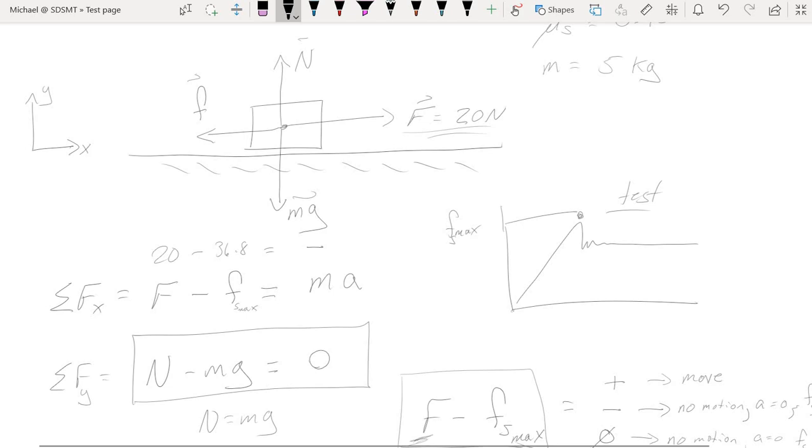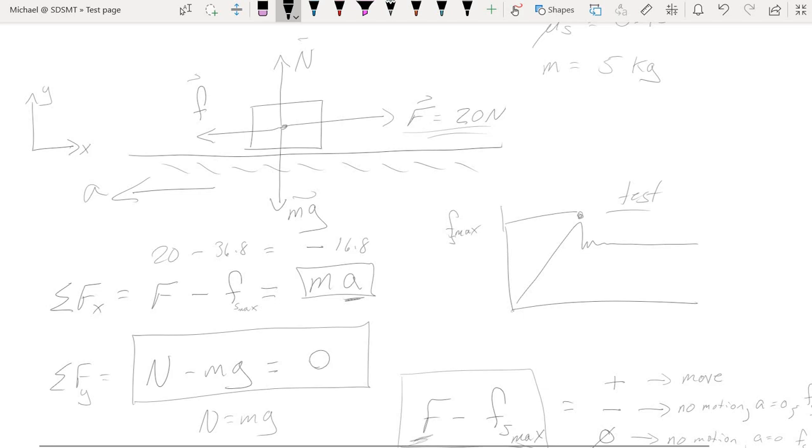Again, I'm not interested in the numerical value. I mean, technically this would be a negative 16.8. But we don't want to make the mistake of saying that that's the net force, because that would mean that the block would have to start accelerating in the negative direction,